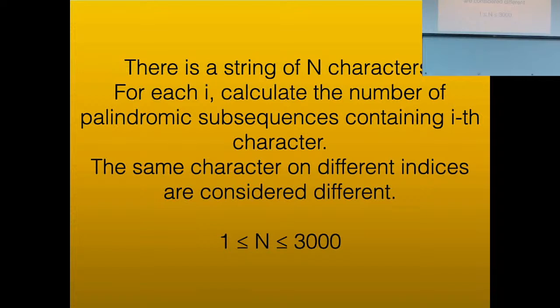If you put the string here, the reverse here, and mark all the positions where the two characters are the same, then a palindromic subsequence would be a sequence of marked squares that are